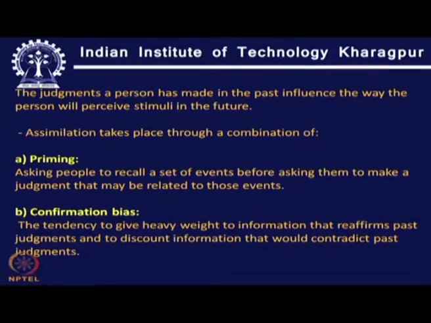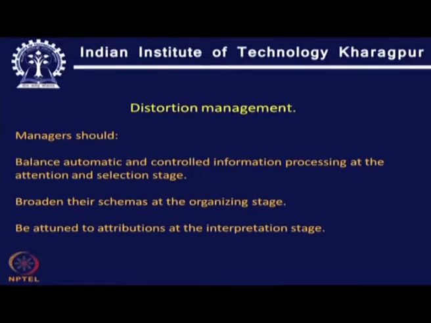And confirmation bias is the tendency to give heavy weightage to information that reaffirms past judgments and discount information that would contradict past judgments. So this will lead to the assimilation effect. Even when we are emphasizing our viewpoints, we try to refer to past experience and we play down information which is not assimilating with the past information. But in that case we may lose major information, because something which is not in assimilation with the older ones may be the storehouse of new knowledge, new concepts, but sometimes we ignore that in order to say we are in tune with the